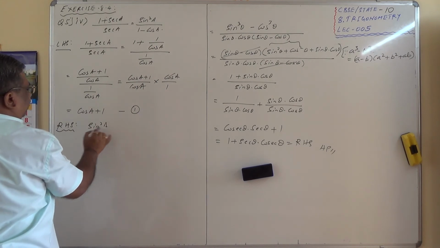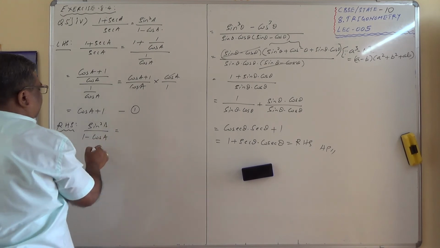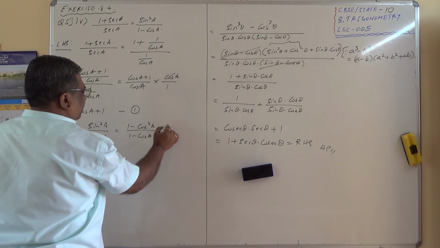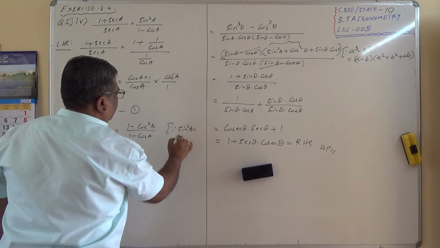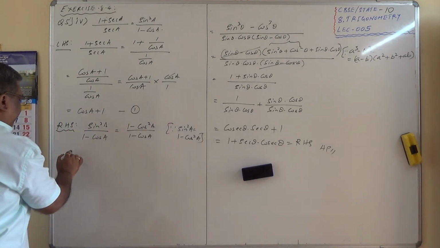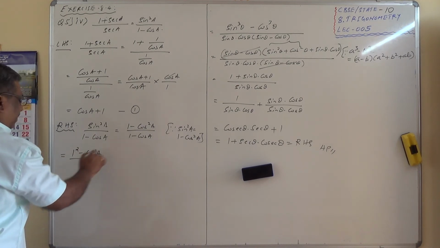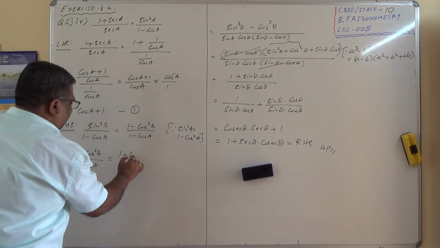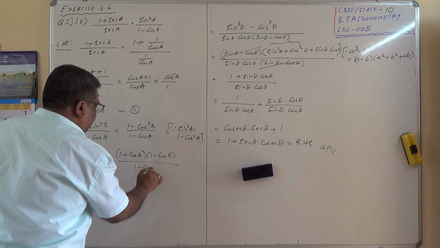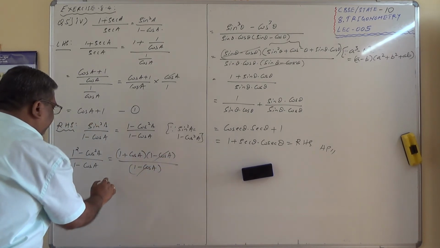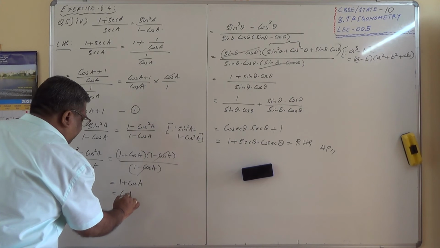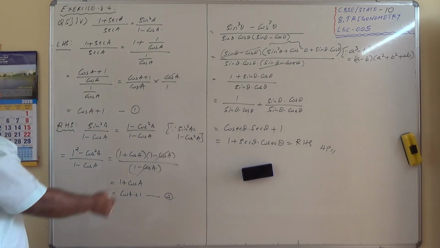Sin square A divided by 1 minus cos A equals, sin square A can be written as 1 minus cos square A divided by 1 minus cos A, which equals 1 square minus cos square A divided by 1 minus cos A, which equals 1 plus cos A into 1 minus cos A, the whole divided by 1 minus cos A. This will cancel, and this equals 1 plus cos A, which can be written as cos A plus 1. Mark this 2. Therefore, from 1 and 2,